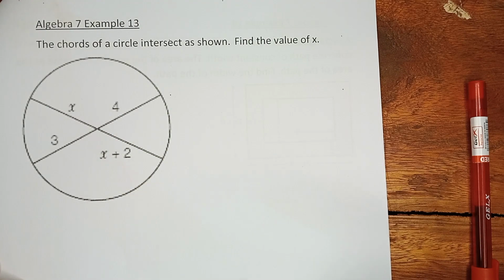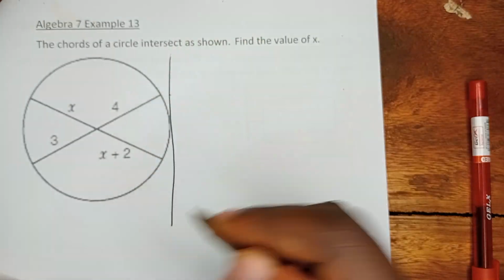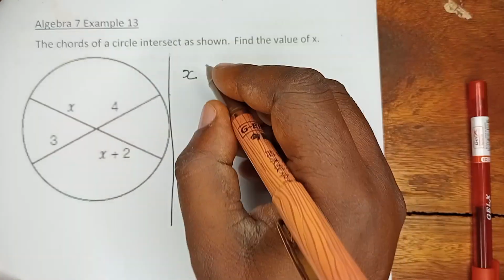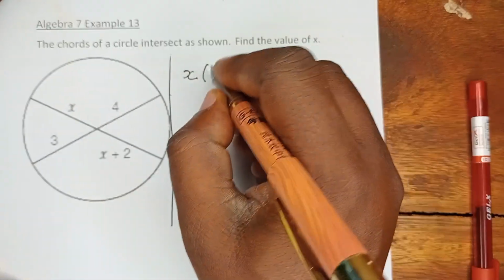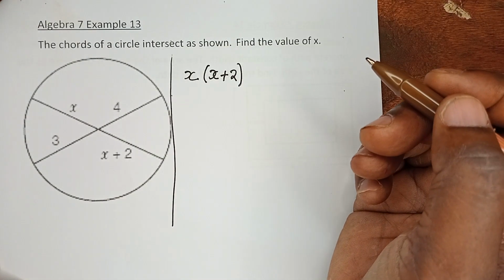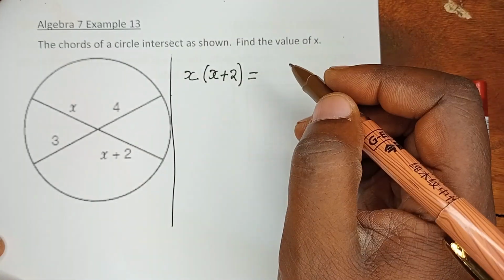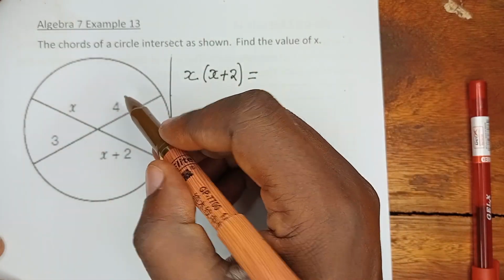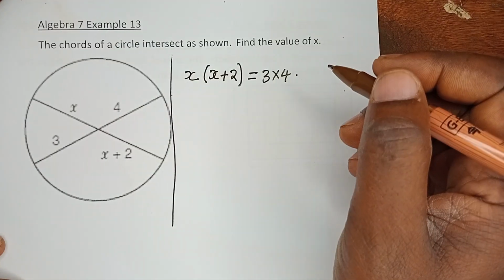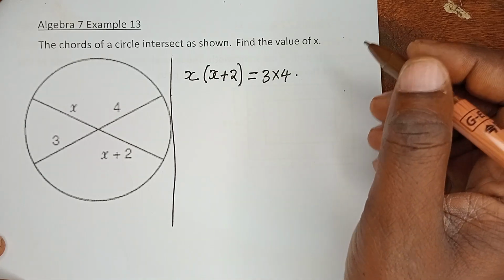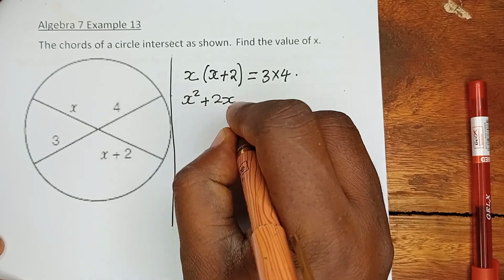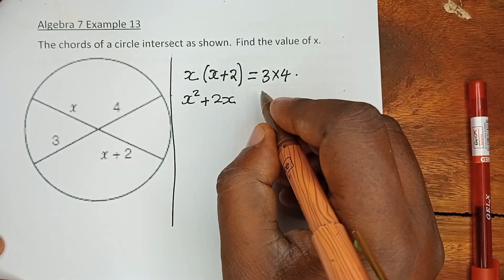In other words, what we are saying is x multiplied by x plus 2 is equal to 3 times 4. And how do we go about that? Opening the brackets, we have x squared plus 2x is equal to 12,